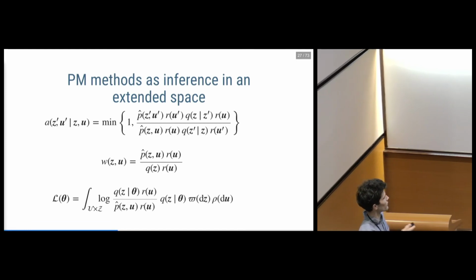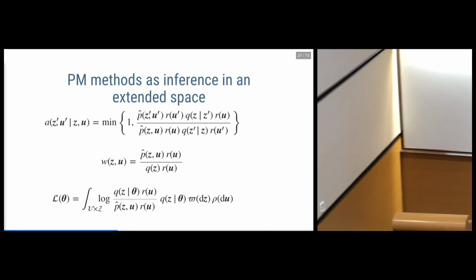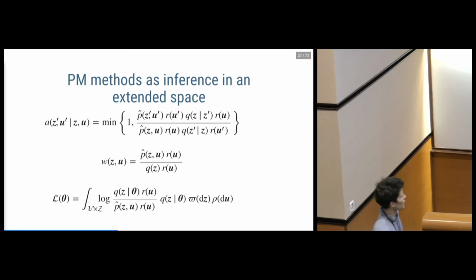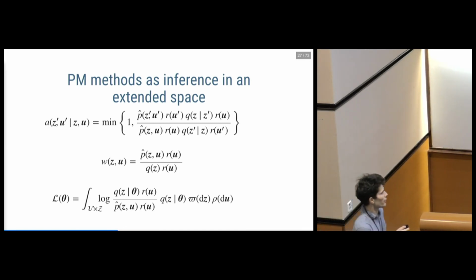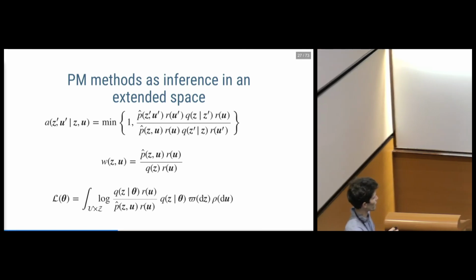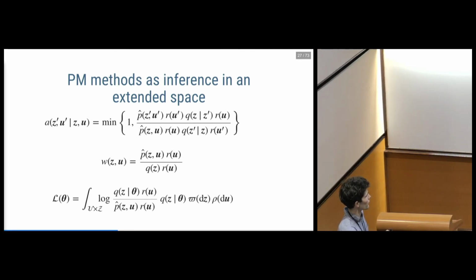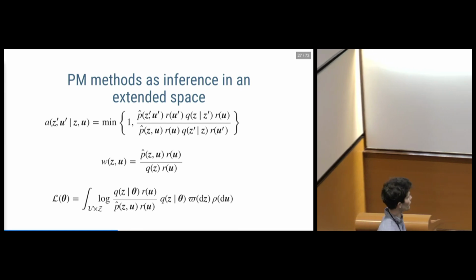And then finally, in the VBIL variational objective, we can see that the variational term that we defined earlier exactly corresponds to the KL divergence, or at least up to some normalizing constant, between this joint target density on the z's and u's, and some variational approximation, which again assumes that the u's and z's are independent, and that the u's have a density which is fixed and equivalent to the density that they're drawn from in the estimator.